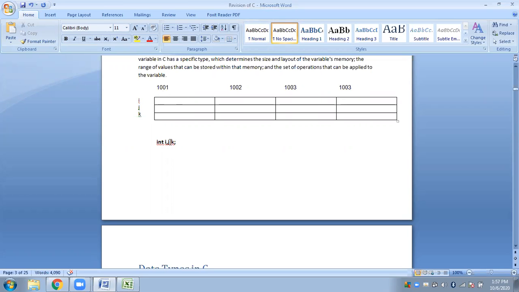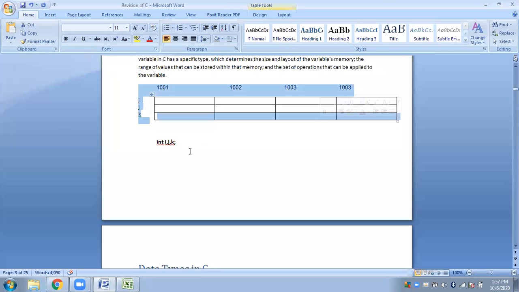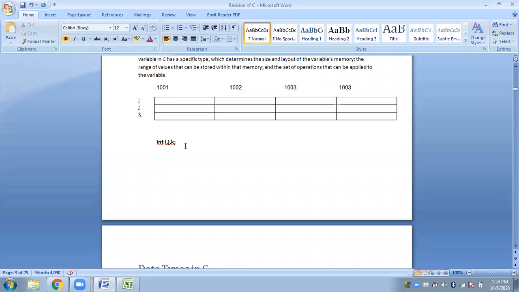Next we have j. So j will now point towards each of these 4 bytes, and k will also point towards each of these 4 bytes, because each of these variables i, j, k are actually referring to a memory location which comprises 4 bytes each.